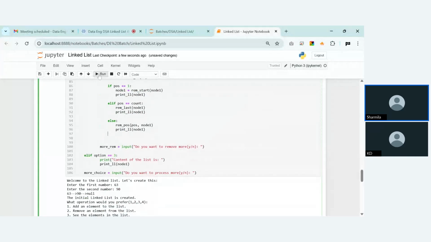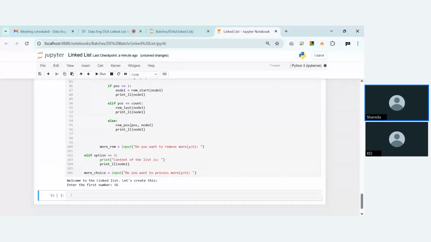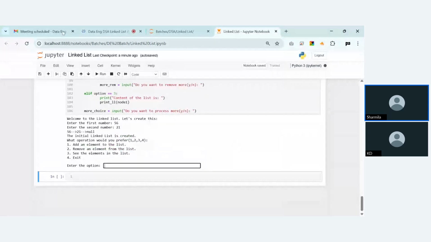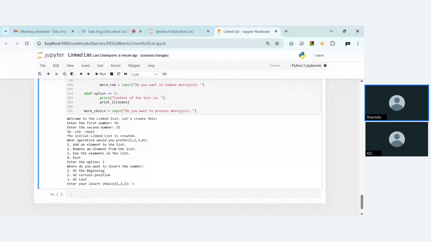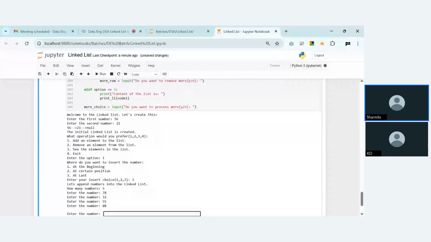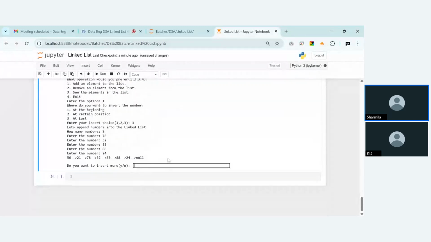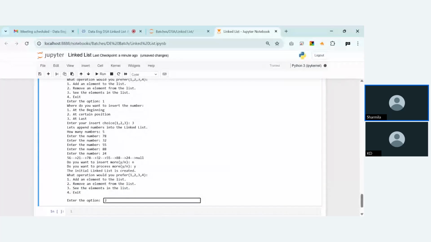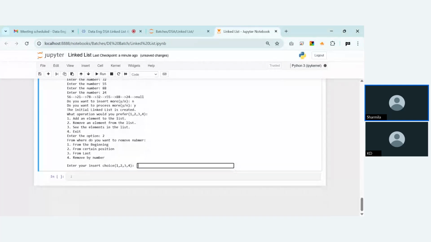Okay, let's execute this now. 6, no, 56 and 21. I have created the list now. Is it visible now? Yes, it is. Okay, then I'll add some more elements at last. Let's say I'll add 55, 88, and 24. Do you want to insert more? No. Do you want to process more? Yes. Do you want to remove the element? Yes. Now I want to remove an element by